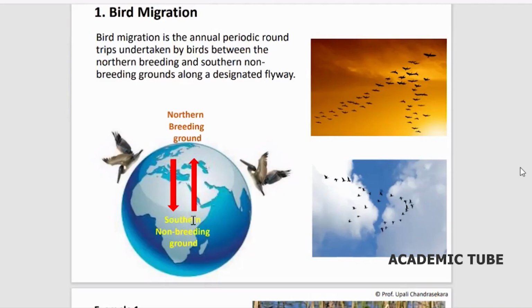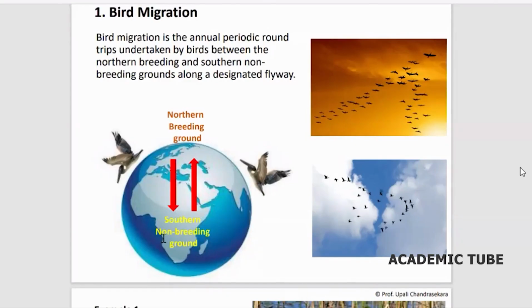So just because they fly to the warmer areas, they don't breed in here. This is their breeding ground. So the northern area is their breeding ground. The southern countries, to where they migrate during the winter season, is really the non-breeding ground. So they do this annually, and they migrate along